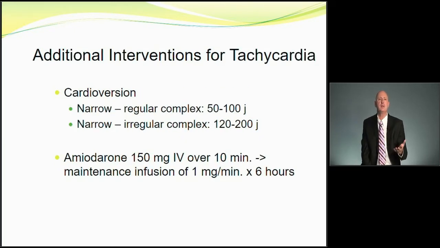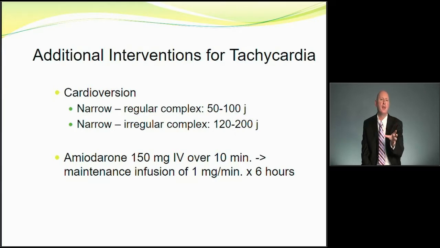The other intervention for the tachycardia is the cardioversion. We can do that with the narrow, regular rhythm, and you're going to use about 50 to 100 joules, and this all comes per the latest of the ACLS standards. With a narrow, irregular rhythm, we're going to do about 120 to 200, so this is where you have your